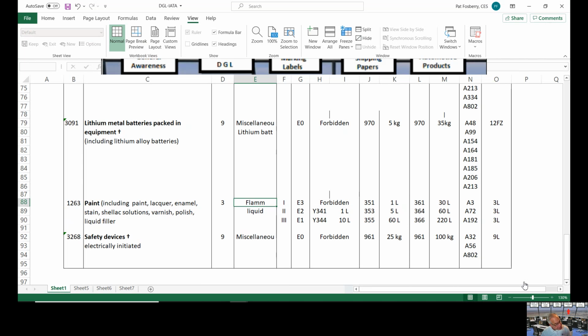And MP09 says for UN 3268, safety devices carried to, from, or via the U.S. that do not require an EX number, the DG shall include the statement safety devices in accordance with 49 CFR